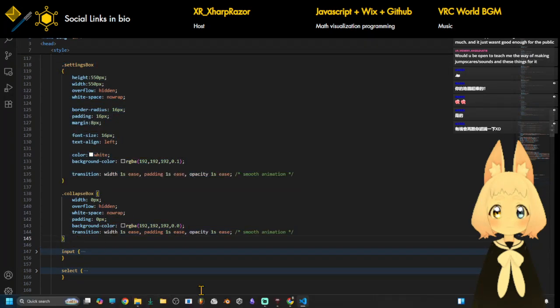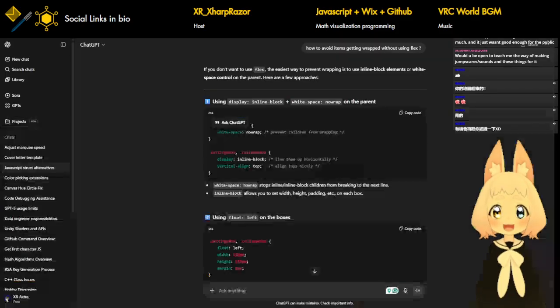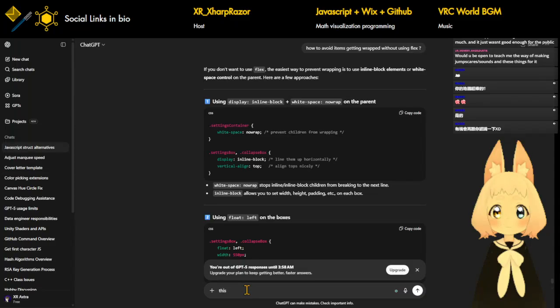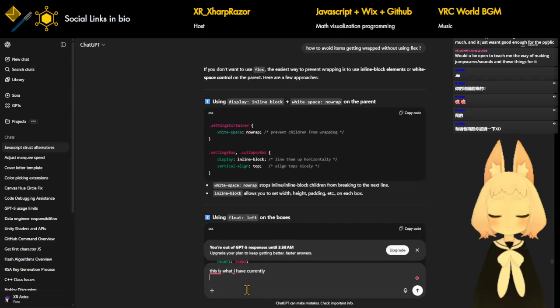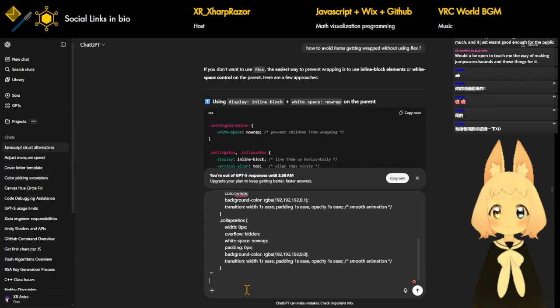Control C. Just in case. The problem now is, this is what I have currently. Now the only problem is that the background color